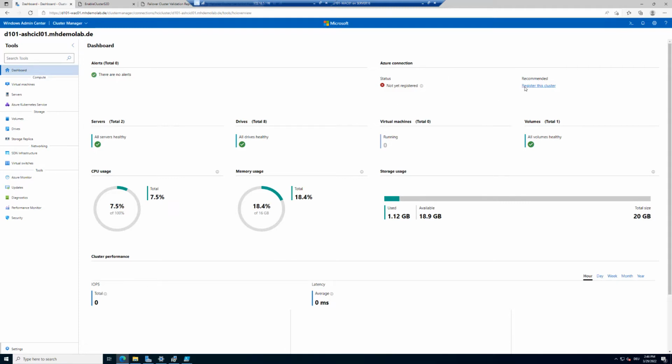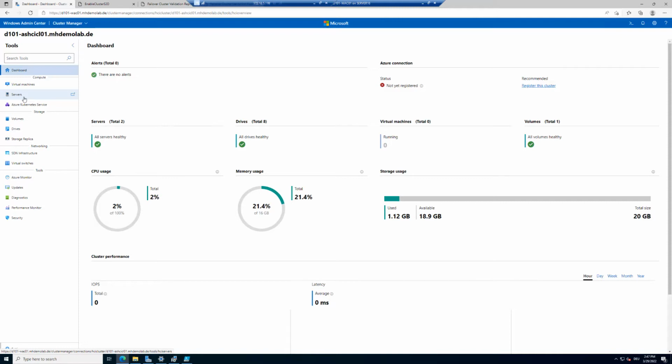You can see there's a link, register this cluster, but before we register this cluster, we want to have a look at a few steps to see what's possible without a registration of the cluster. It's my recommendation to first register the cluster. But for me, it's important that you understand what the limitation is when an Azure Stack HCI cluster is not connected to Azure, because many customers are afraid of what happens if my cluster is